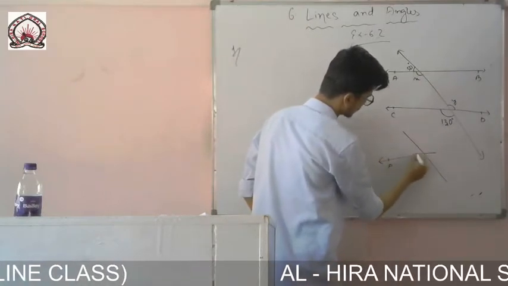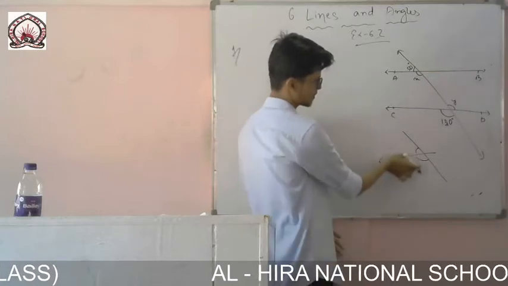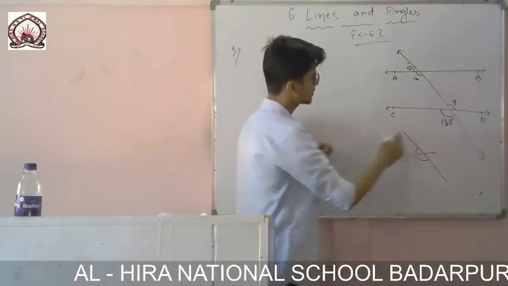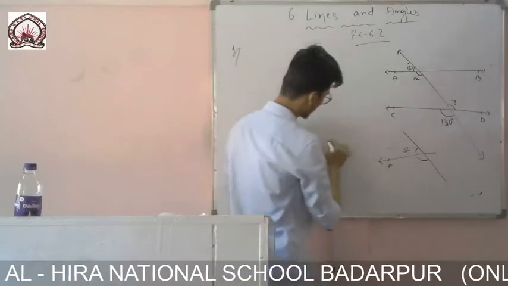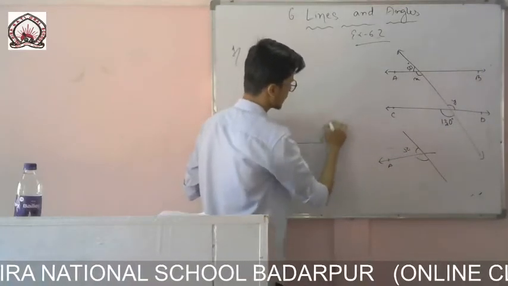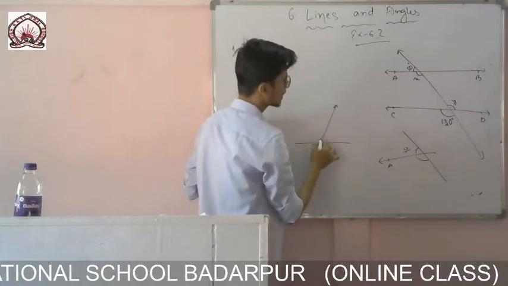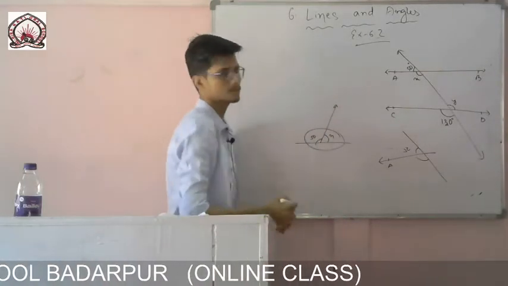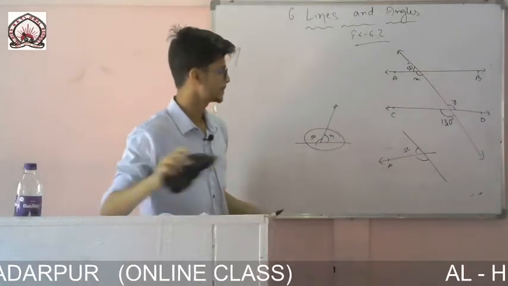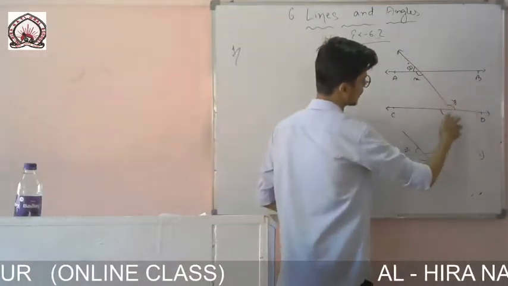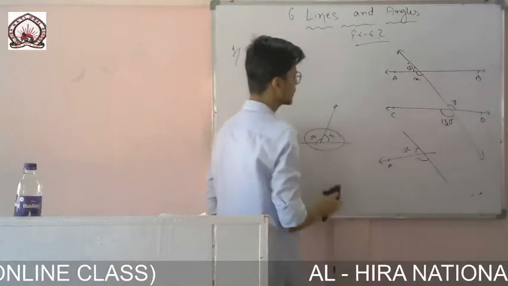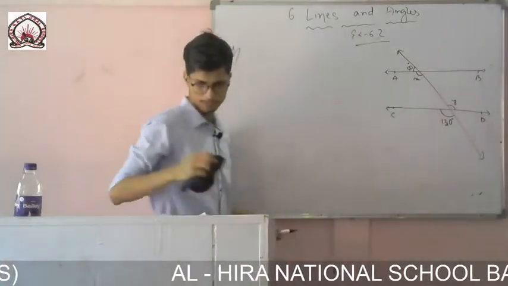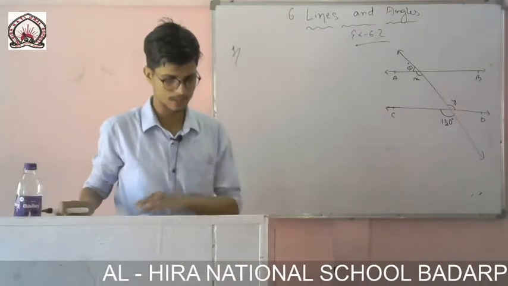Here AB is there, so that means these two angles are linear pairs. So the sum will be 180 degrees. This one is 50. If I draw it like this, the line is like this and AB passes like this. So one angle is given 50, another is x, so the sum will be 180 degrees. And y I can find, you see this is a vertically opposite angle, so y will be equal to 130. Very easily I can find it. So first of all, read the question very carefully and then start solving.